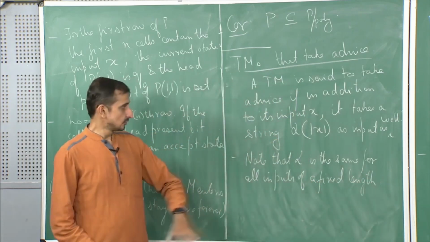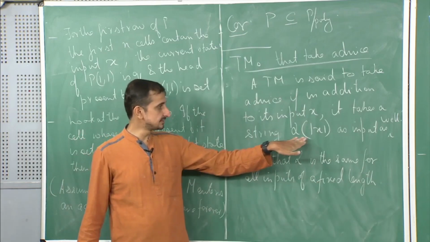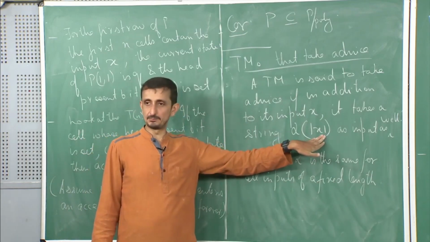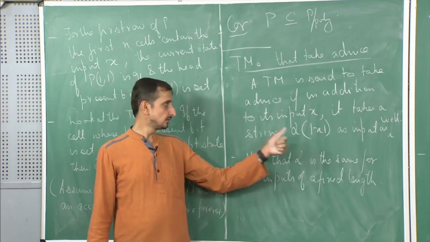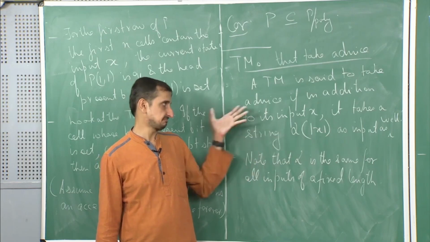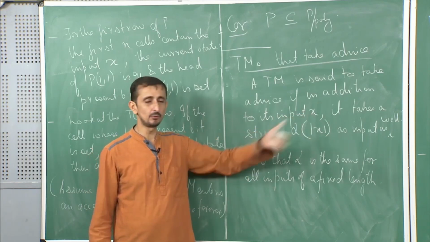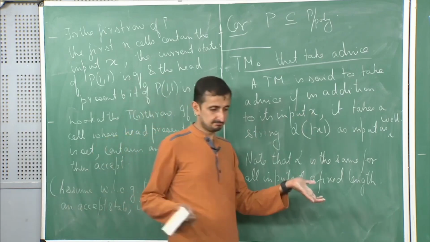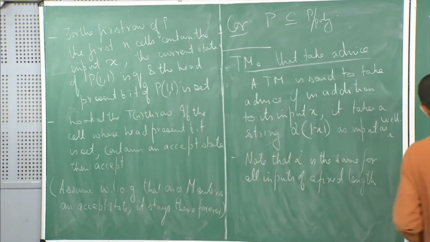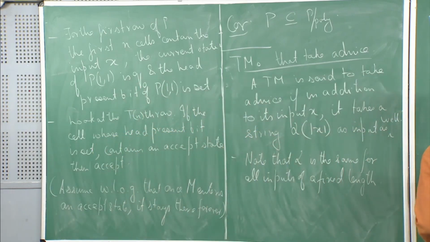So alpha is a function which depends only on the length of the input; it does not depend on the actual input. So, a Turing machine is said to take advice if, in addition to its input, it has a string that is available to it. And now we can give the following equivalence, that